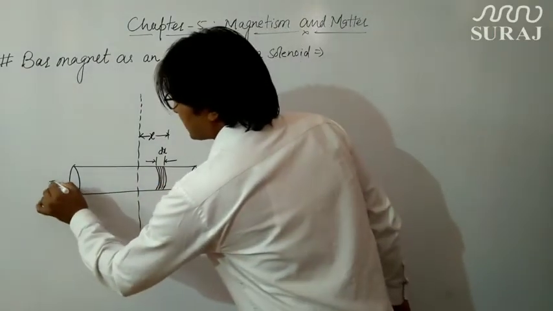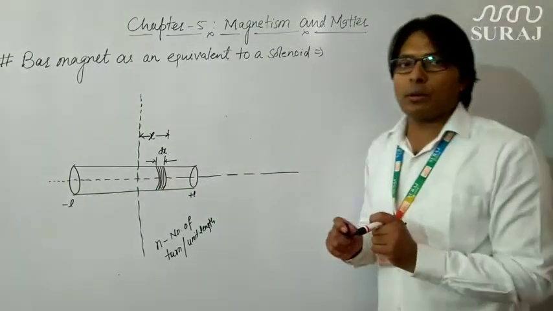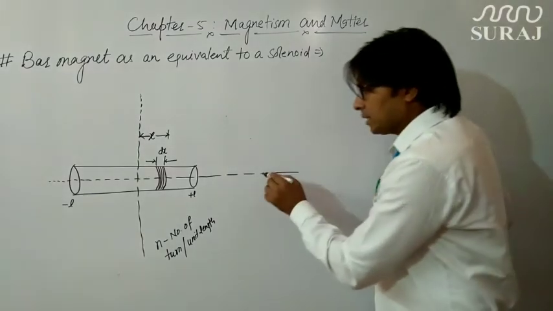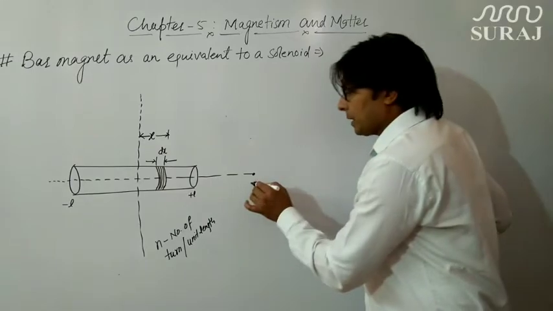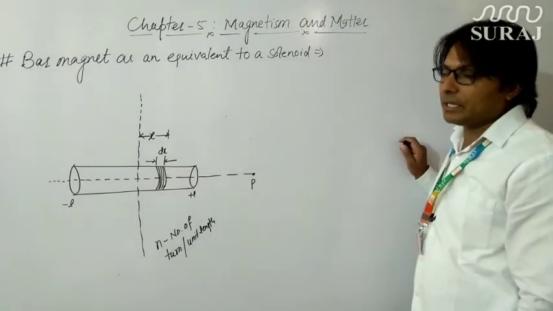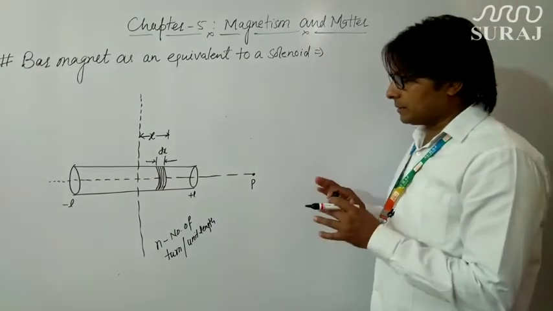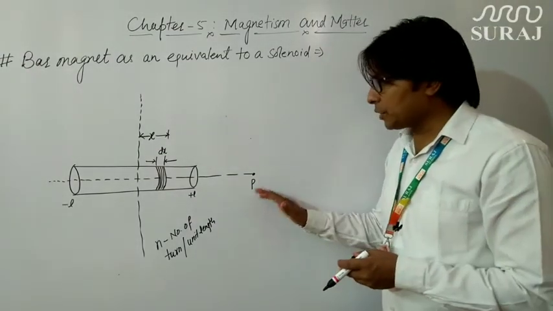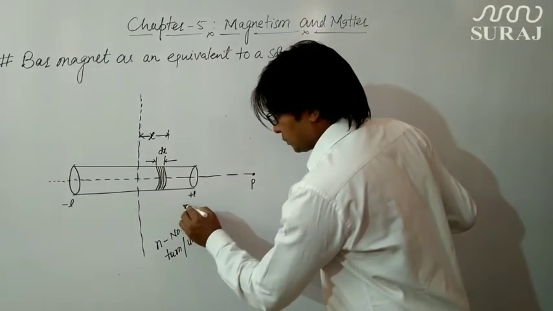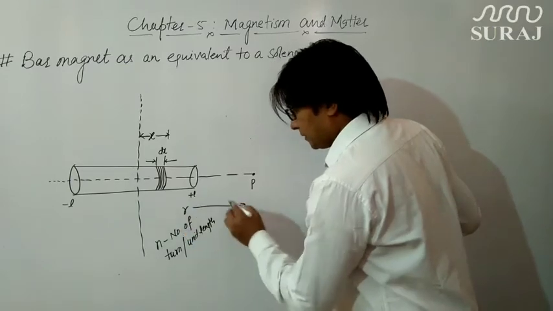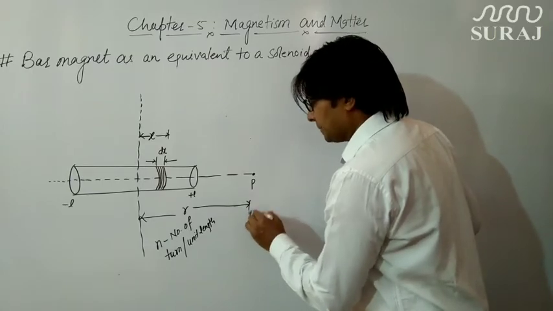Okay, this is the axis of the solenoid, as you all know, and we will derive the formula of magnetic field at its axis. So suppose this is the point of interest at which we want to derive the formula of magnetic field. So this is, suppose, point P, which is located on the axis of this solenoid. Okay, so we have to assume the distance of this point from the center of the solenoid, and this distance I have taken here as capital R, from the center of the solenoid to point P.